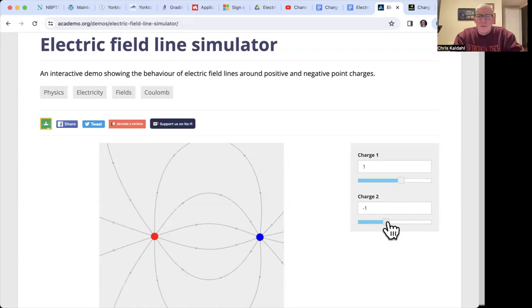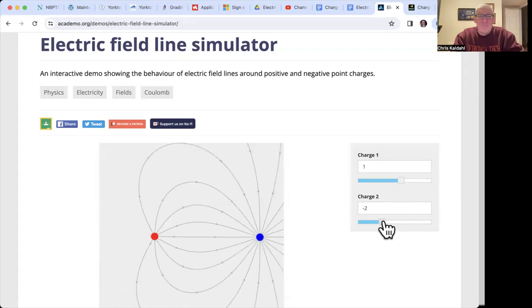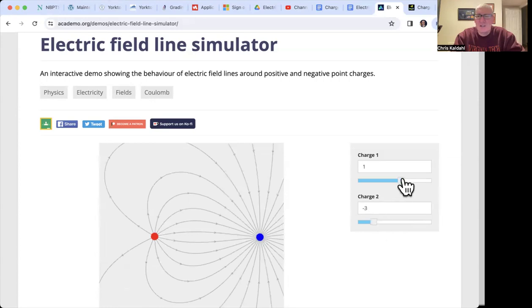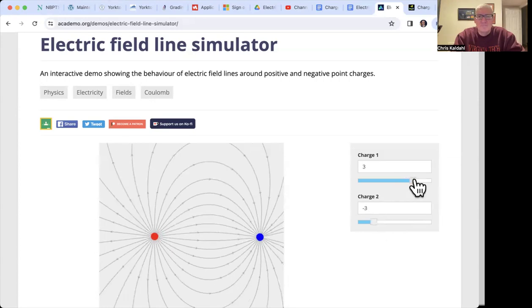And so we can increase the amount of negativity, so we get more and more lines coming into the negative, and it changes the look of our field lines, right? So that's when there's a positive and a negative. What if we had 2 of the same charge, right? So let's say that we had a +3 over here, just like we have, and let's make this -3